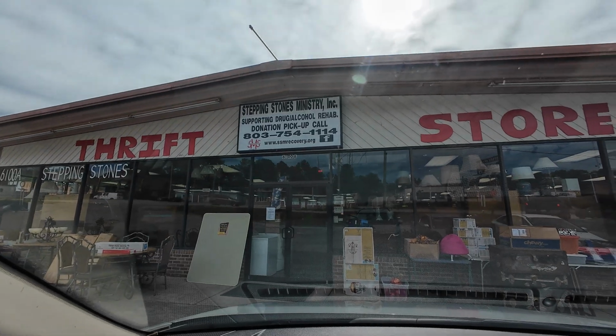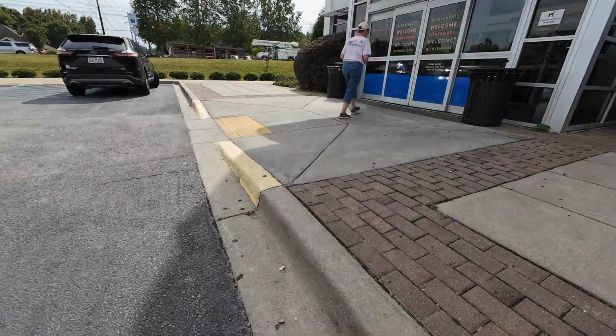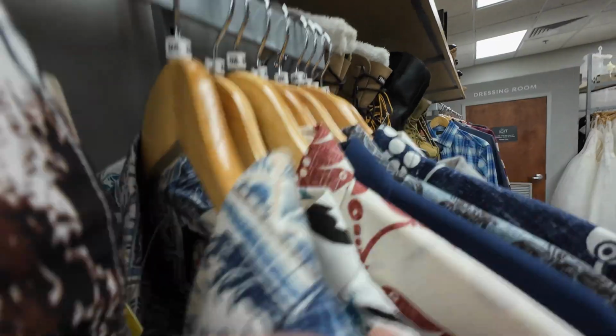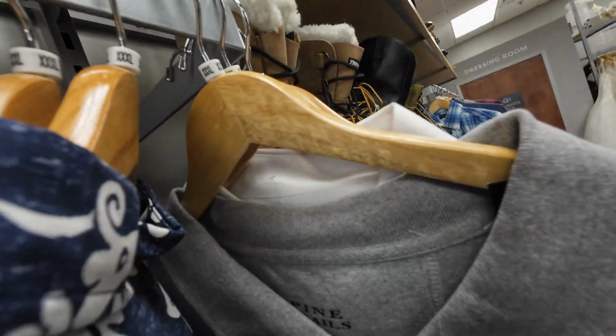I actually went to 3 more thrift stores and didn't find anything else until I stumbled into this Goodwill and walked into the boutique. So I found 4 Rain Spooner Hawaiian shirts. They're all size 3XL, all in excellent condition, but they wanted $9.99 a piece for them, which probably isn't bad